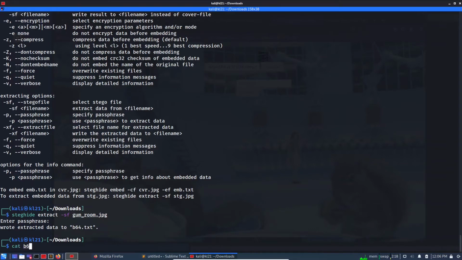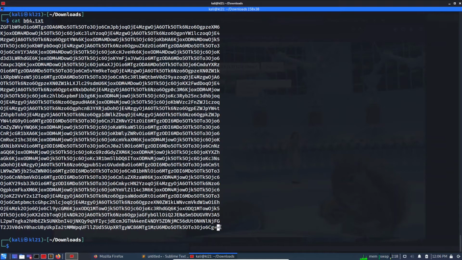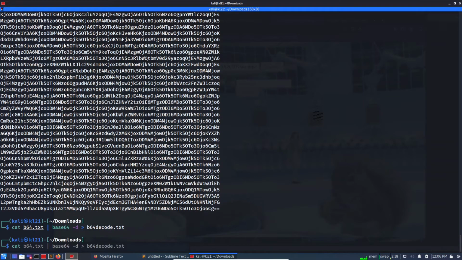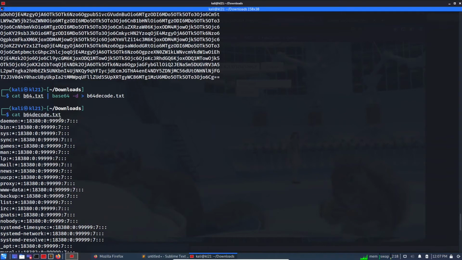cat b64. Is it base64? Yes, there is a padding here, so most likely this is base64. Let's decode this using base64 -d into b64 decode.txt, then cat b64 decode.txt. Okay, so this is a passwd file of